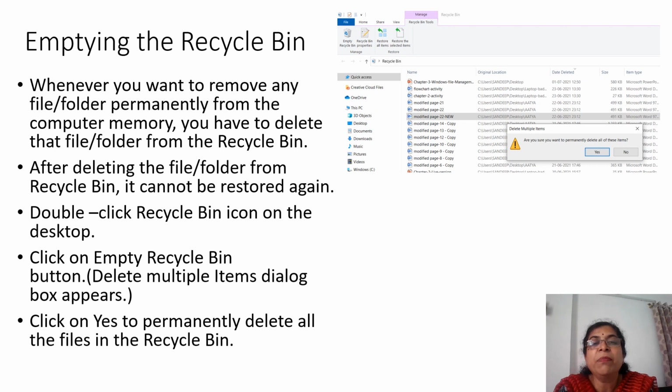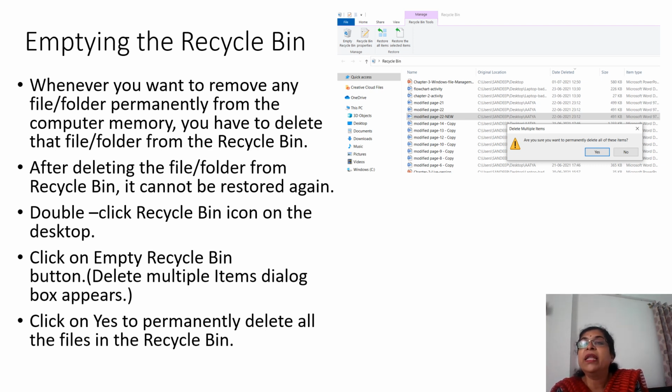Double click the recycle bin icon on the desktop, to open it. Click on the empty recycle bin button, which is there in the manage tab. The delete multiple items dialog box appears. Click on yes.